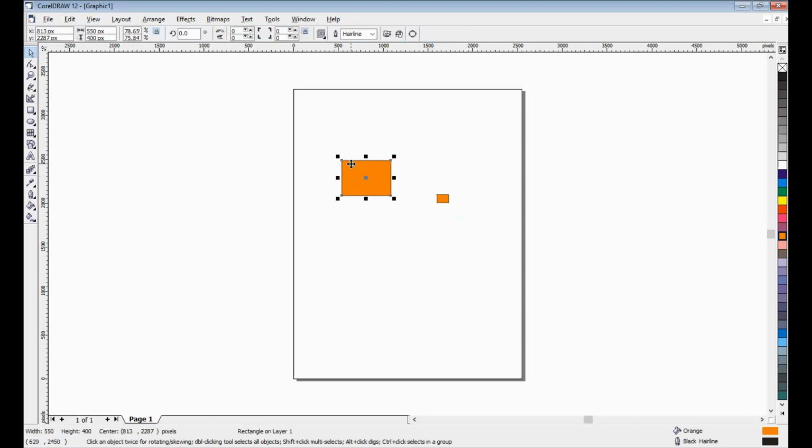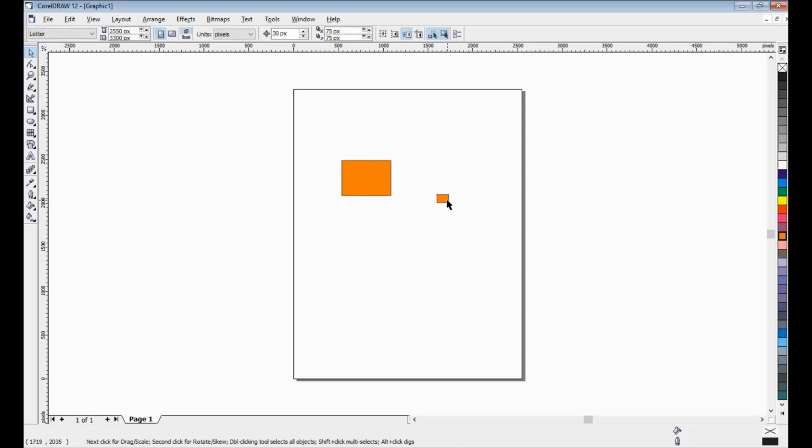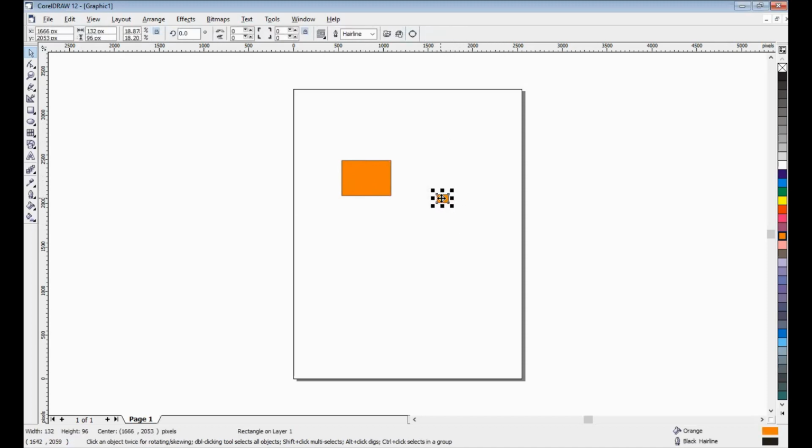Here the real on CorelDRAW. If we do insert on Flash, it's the same size with 132 pixel and 96 pixel.